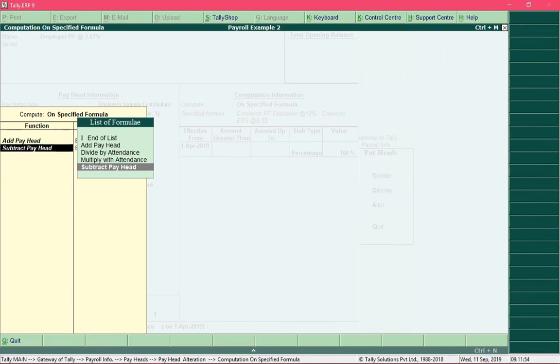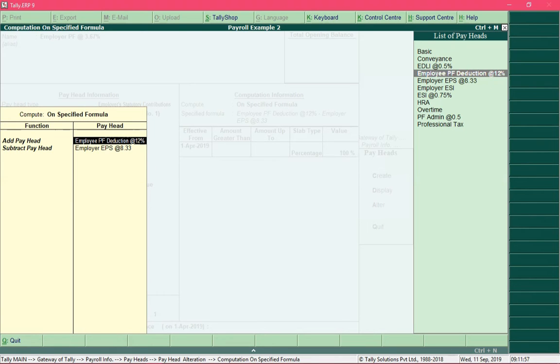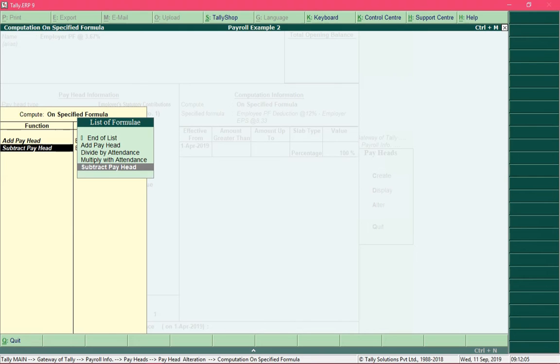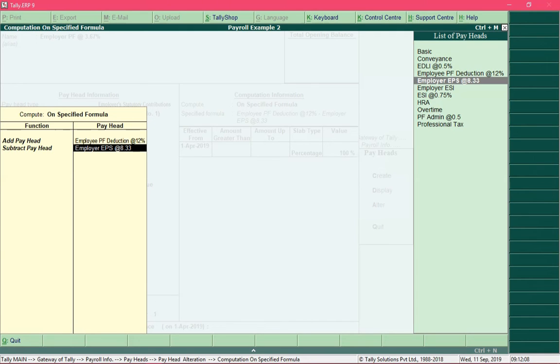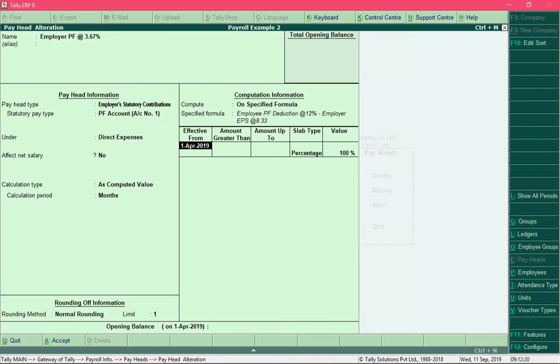So we add the PF calculation payhead at 12%, and then select the option subtract over here and subtract the payhead which calculates PF at 8.33%, so that we arrive at the PF amount at 3.67%, and we want 100% of this payhead value to be calculated. So specify the percentage over here as 100 and save the payhead creation.